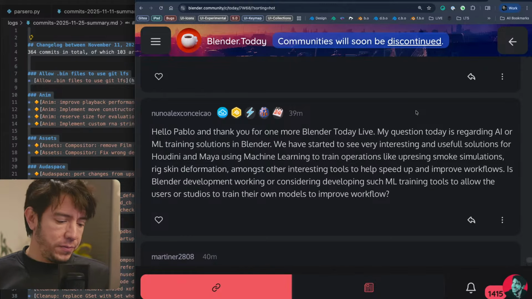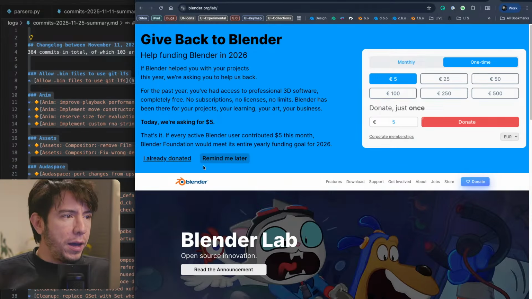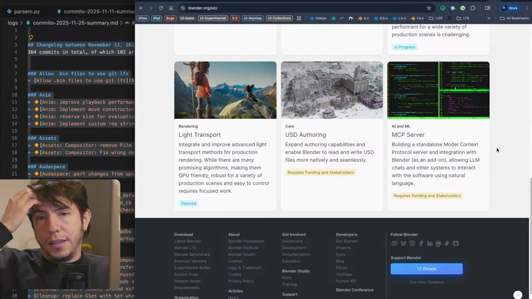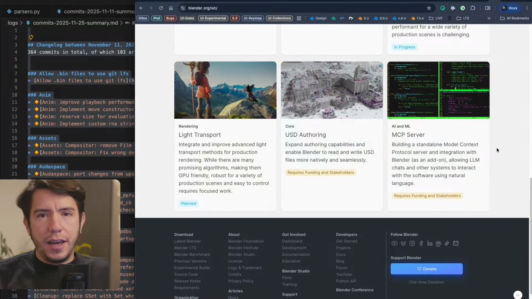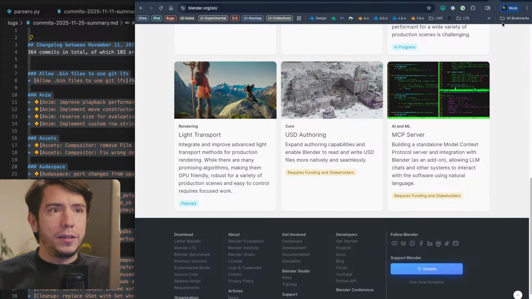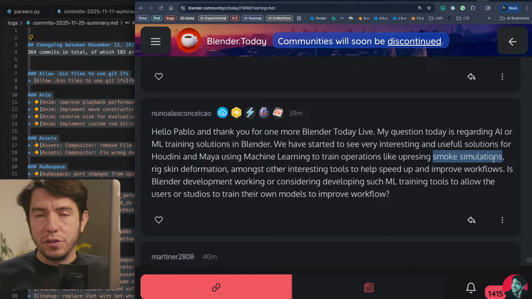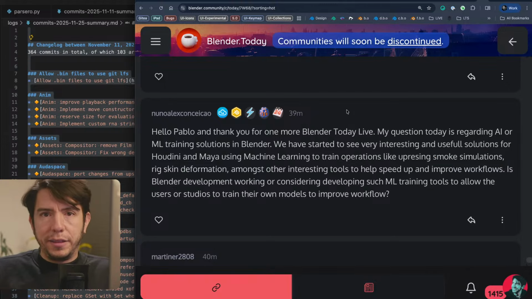Yes and no. Yes, it's in the blender.org/lab roadmap. The MCP server, the AI in general in Blender, it's part of something that eventually, not generative AI to make crappy AI slop content or stealing other artists' work, but actual AI that can improve, for example, make my smoke simulation look better because I render it at a low resolution, make it high resolution, or this kind of AI usage. We are in favor also, as in Blender in general.